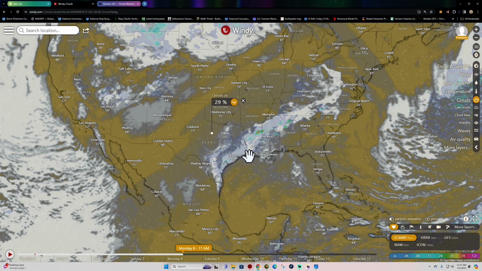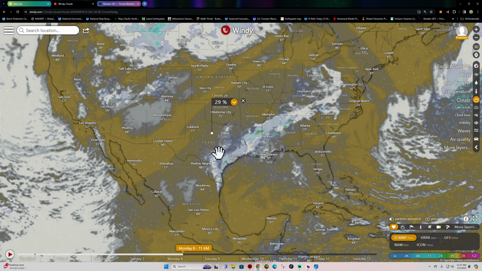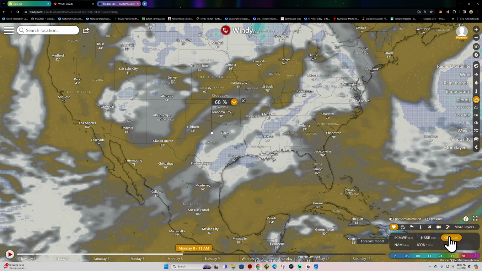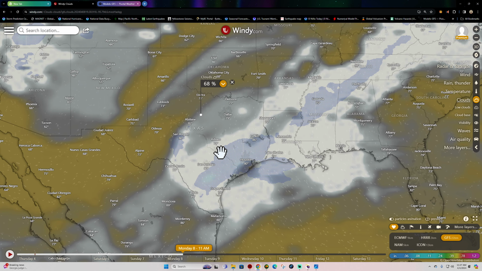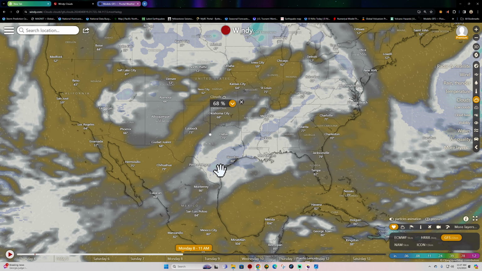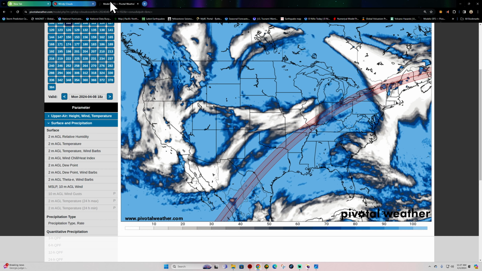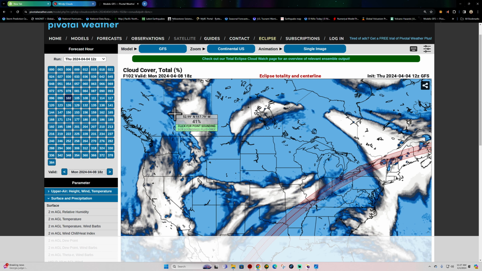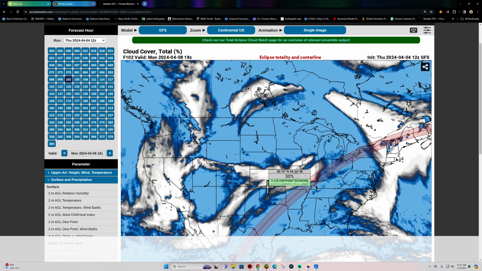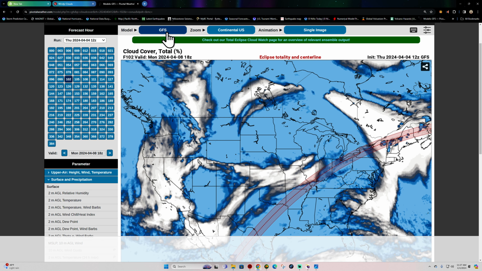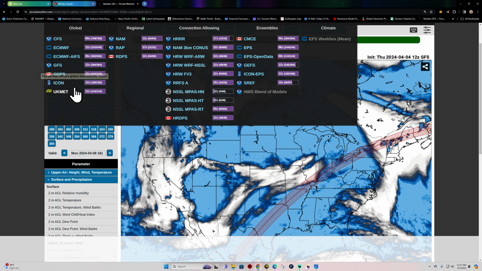So, which one are we going to believe? Which one's the more accurate model? A lot of people asking, and it's hard to say. GFS is always going to be a little bit more aggressive in terms of the potential cloud coverage. As you can see, it shows a lot more cloud coverage and a lot of low-level moisture as well. Let me show you the GFS model right here. This is 102 hours out, GFS. That's a lot of cloud coverage if this takes place, which would dampen the moods across the area in terms of people being able to see the eclipse.